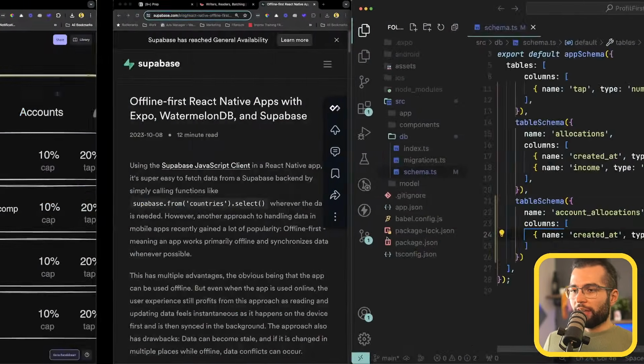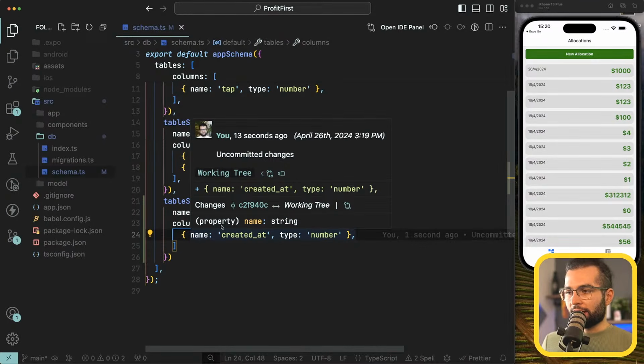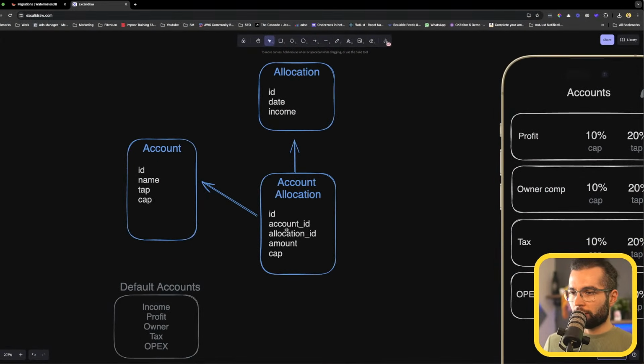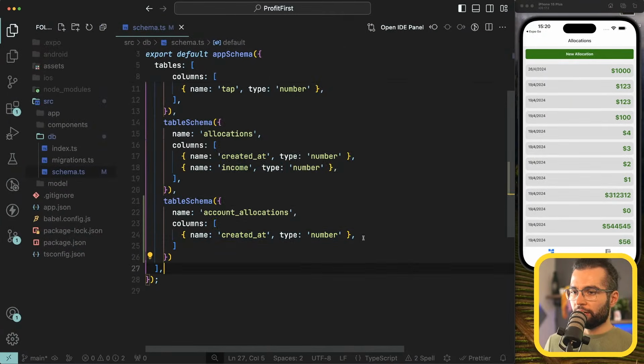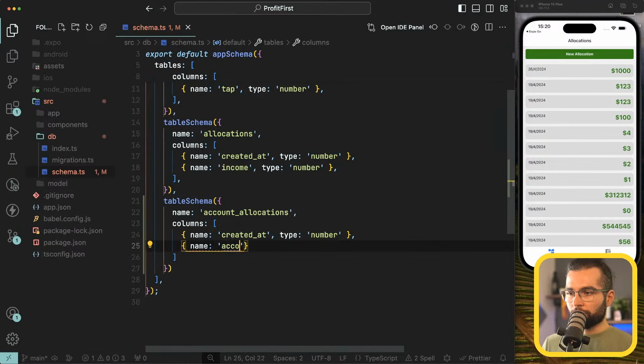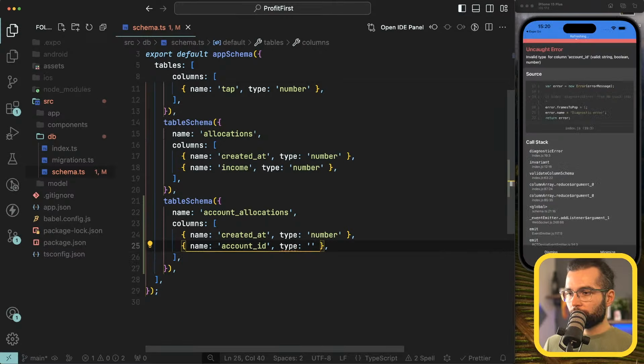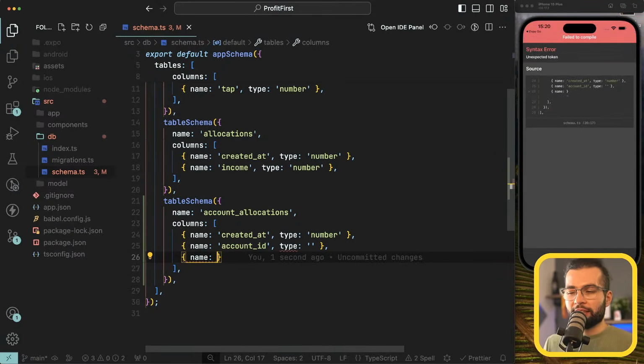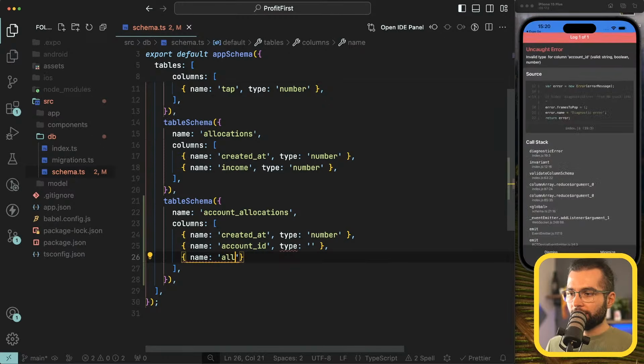If I check here, by the way, the column ID is automatically added. We're gonna have an account ID which will reference one account, and then allocation ID referencing allocation. So for that, we're gonna have account ID of type... What should be the type of a relationship? I don't know, we're gonna check that in a second. It should match the type of my ID, which most probably is a string, and an ID to the allocation that it's part of. Type